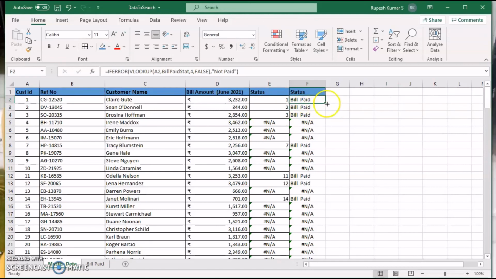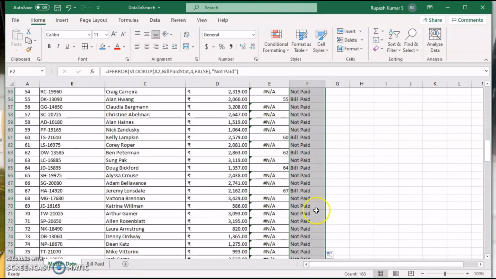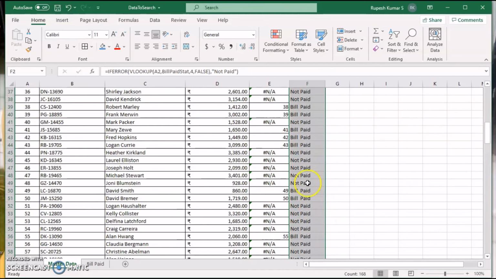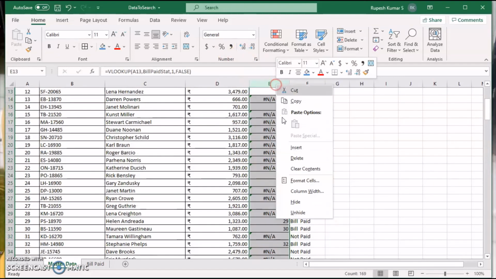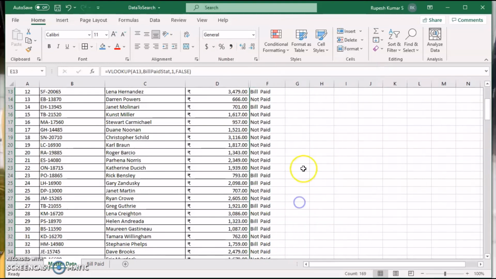Now double click, and we are able to understand that wherever NA was there, now this we don't want. I'm hiding it. Just right click and hide it. So I have